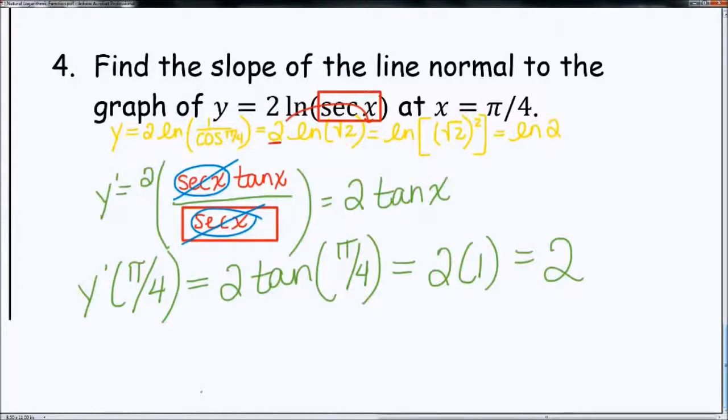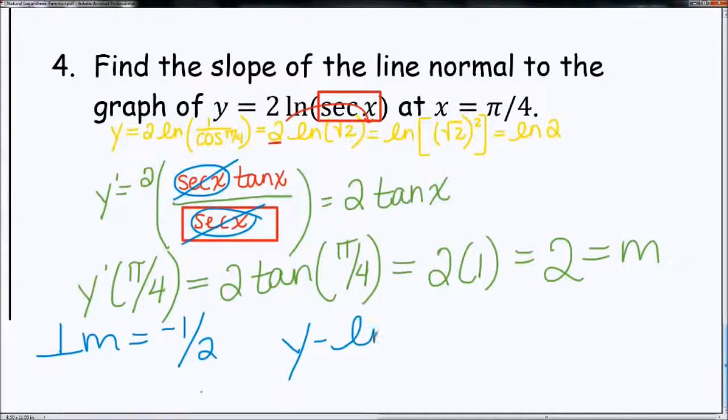And so now that's the derivative, that's my m. My perpendicular m, because we're talking about the normal line, is equal to negative 1 over 2. So my normal line is y minus ln of 2, whatever that decimal value is, equal to my perpendicular slope, negative 1/2, times x minus the angle that I've been plugging in, which is pi over